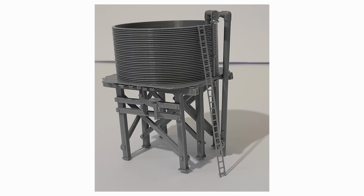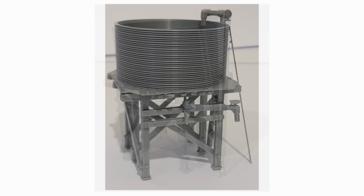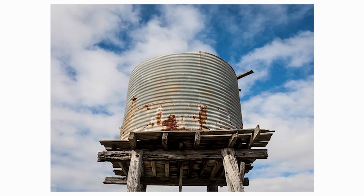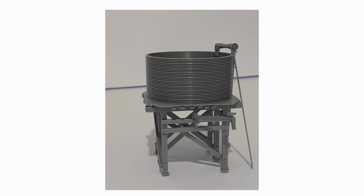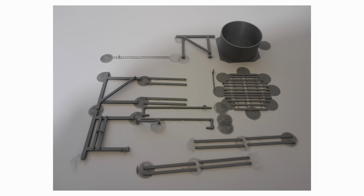Along the Track Models now have Victorian Railways 10,000 gallon corrugated iron water tanks on a wooden platform, priced at $40 plus postage. These water tanks were found throughout Victoria and were used to service steam locomotives. The kit dimensions in HO are 68mm wide, 68mm deep, and 90mm high approximately. The kit is 3D printed in PLA plastic, so you can use super glue, polystyrene cement, or PVA to put it together, although some finishing parts may be required. To order one, just email them at